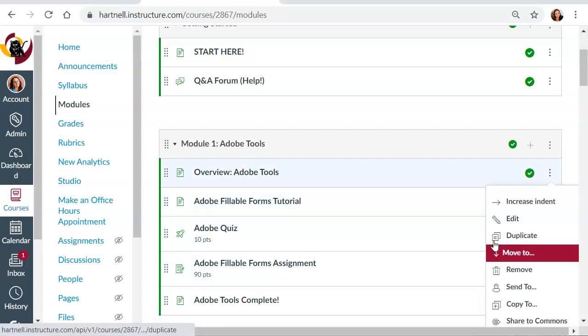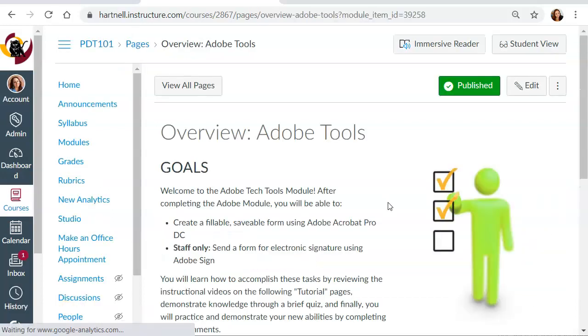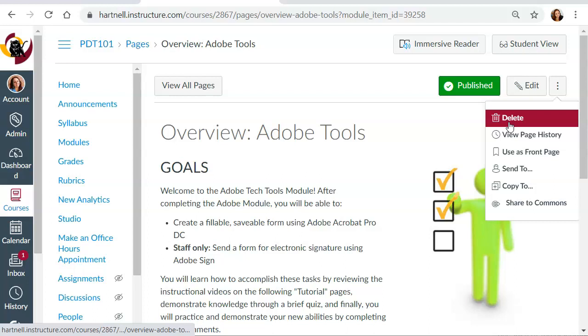So in order to actually delete something, I would have to go into the page and then I'd have to click delete. Now if I delete it this way, this is where I can go into that undelete section and I'll find it again. So it's always worth just trying to re-add something to your modules. And if it's totally missing, then check the undelete area of your course. I just wanted to make sure that you guys were clear on what the difference is there. So even though they have the same little trash can icon, deleting the content is different than removing it from a module.